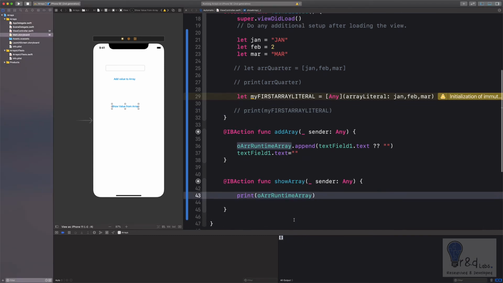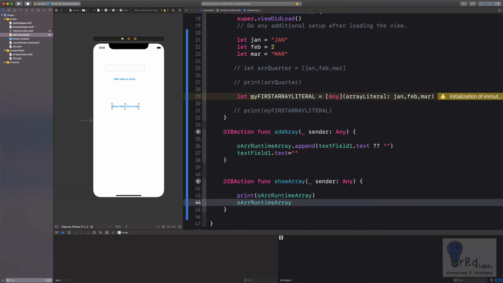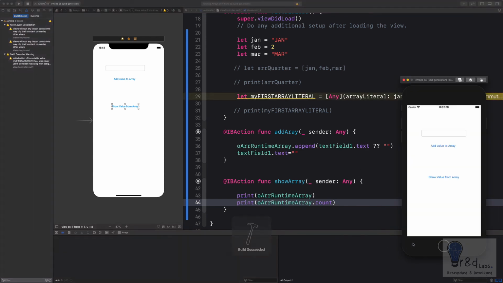Okay, and I'm interested also to know what is the count of contents within the array. So let's add count as well to the print. Let's do this. Okay, show values from array, it's 0. Now let's add values to it. Let's say a, then we do maybe b, then c, then d. Let's see the value. Wow,